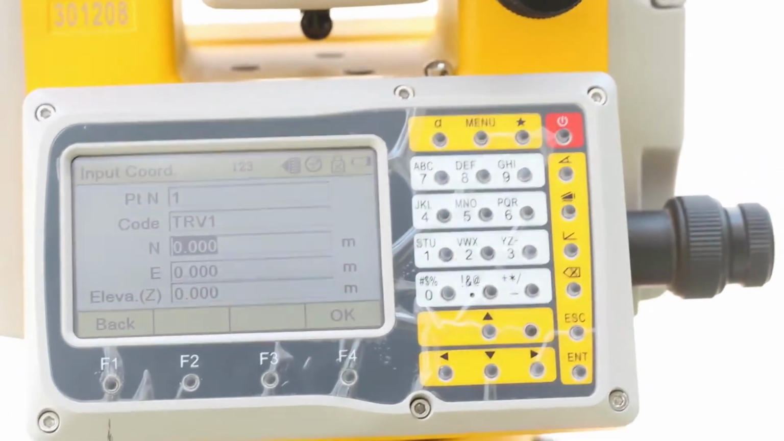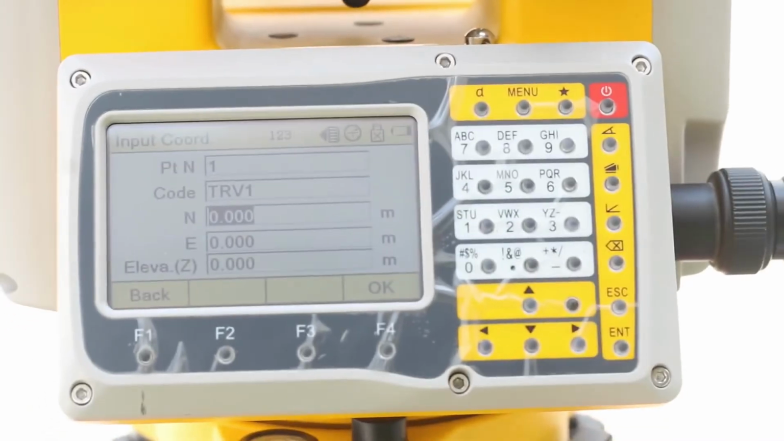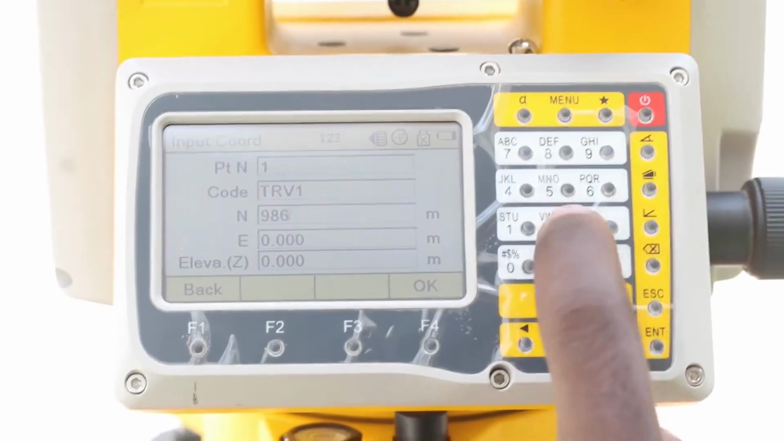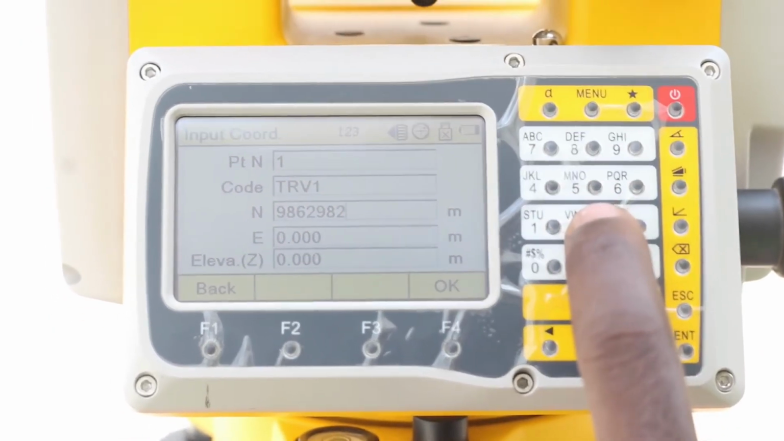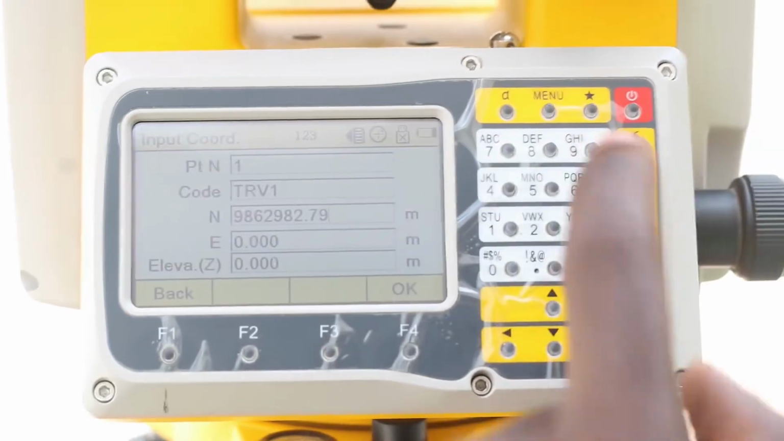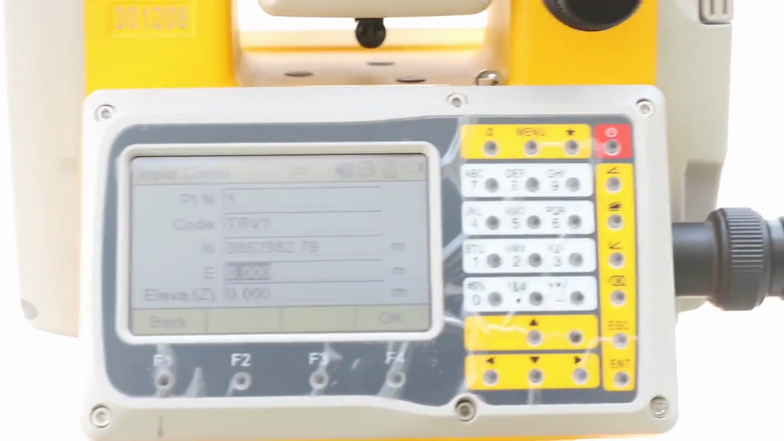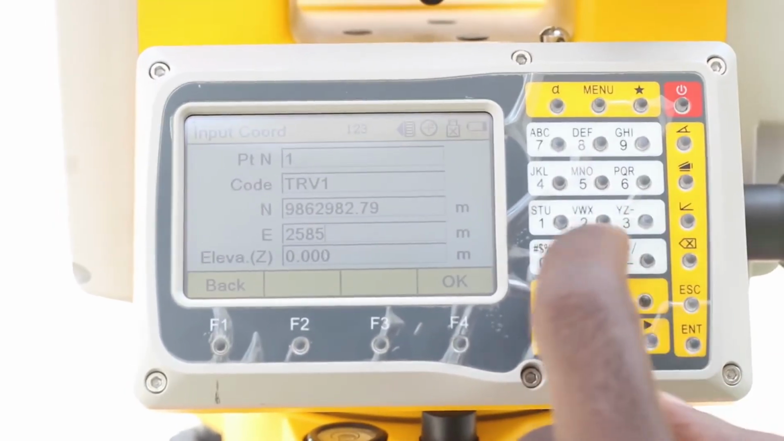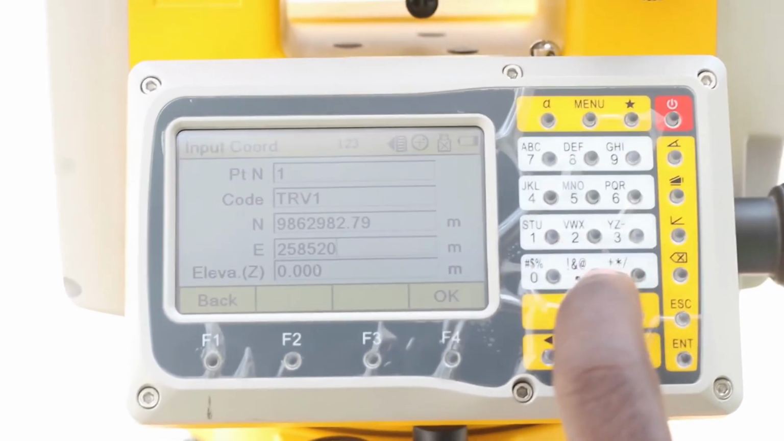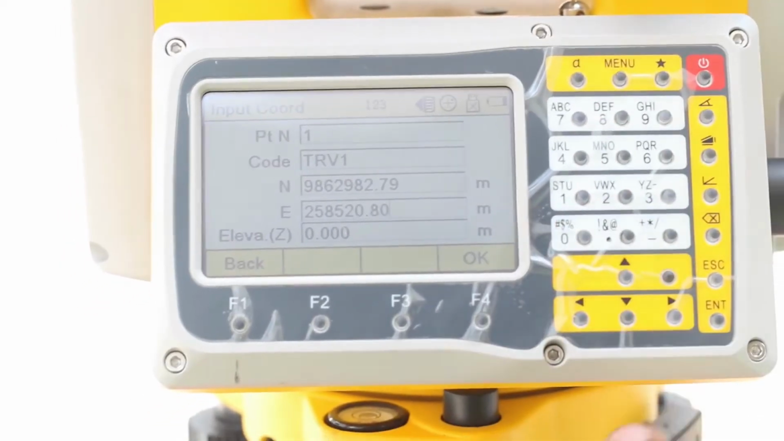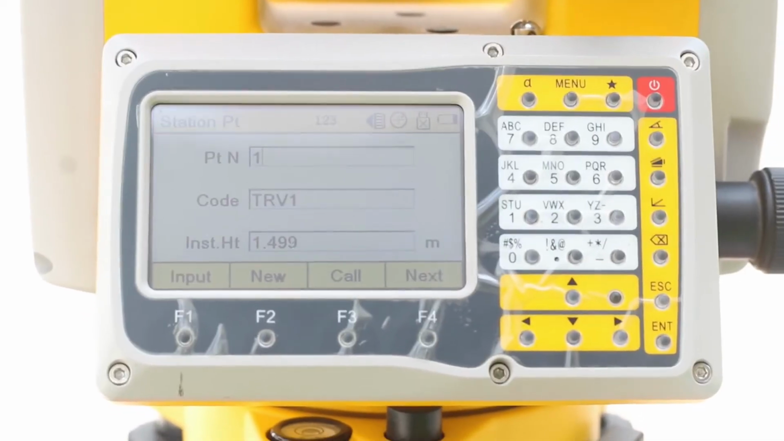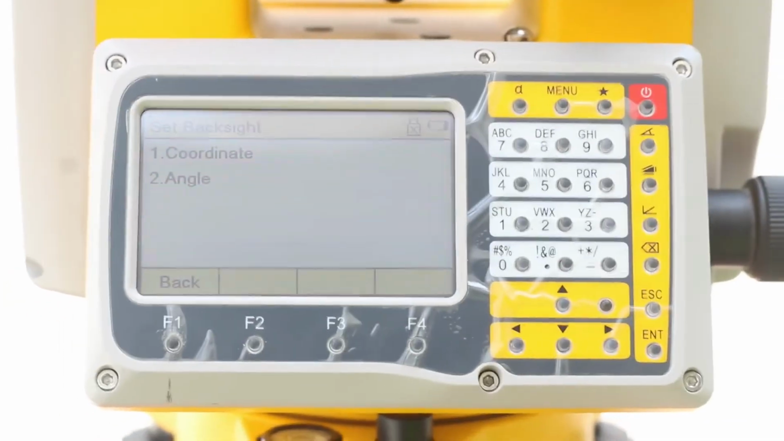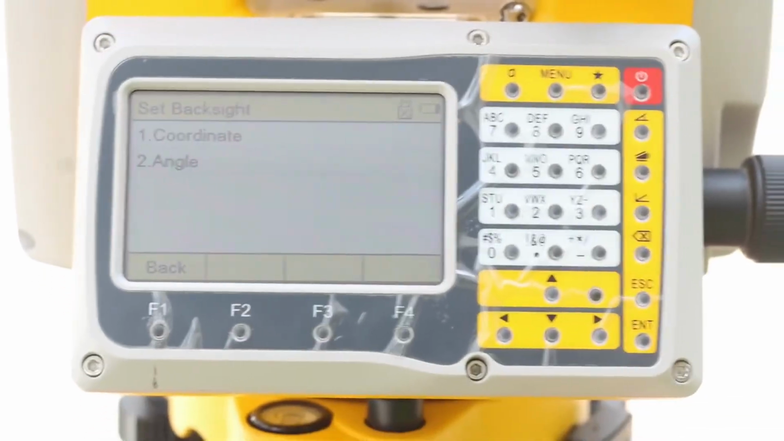Okay. I'll insert the northing, which is 9862982.79. The drop down, don't click OK, drop down. Easting is 258520.80. We will not be using height for this job. Okay. So next, I want to set a backside, and I have the coordinates for the backside, which is